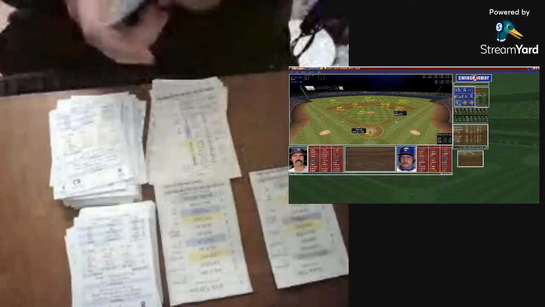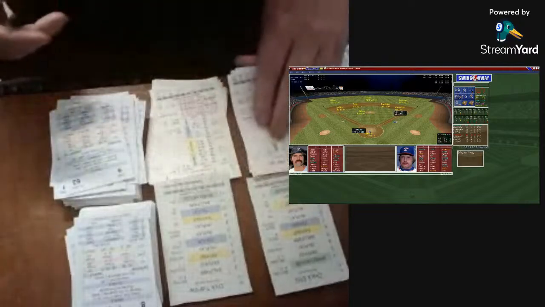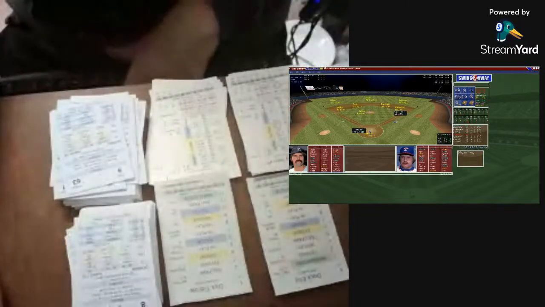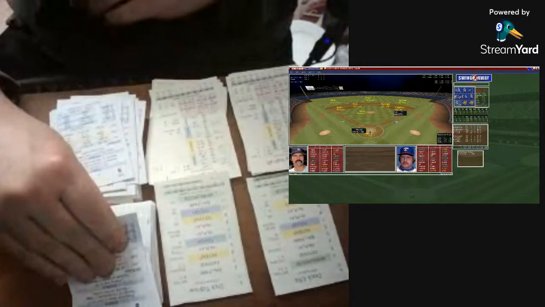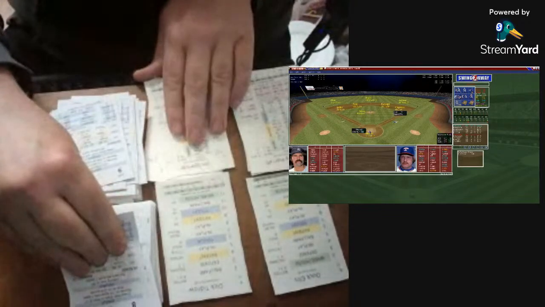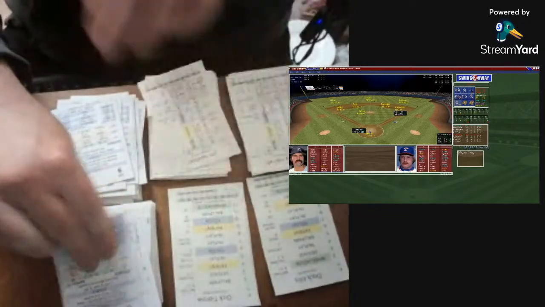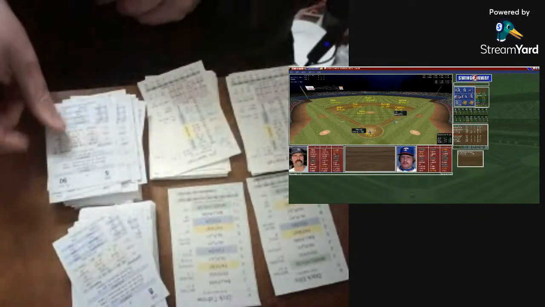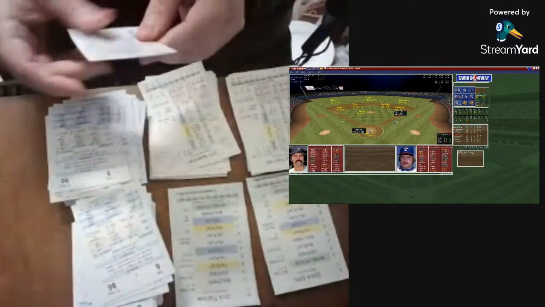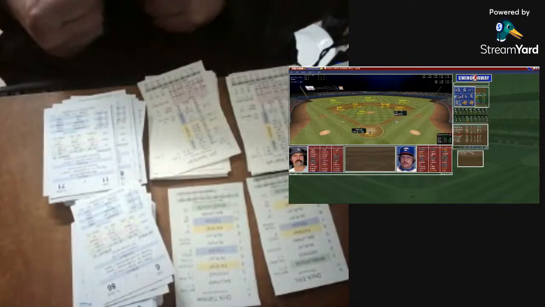Zisk is at first. And now here's Toby Harrah. Toby steps up. He walked his first time up. Harrah always has a good eye. It's a tough man for Tidrow to pitch to. Tidrow looks in, gets the sign. That is going to be in play. That could be bad. Nope, 71, and he avoids the trouble.